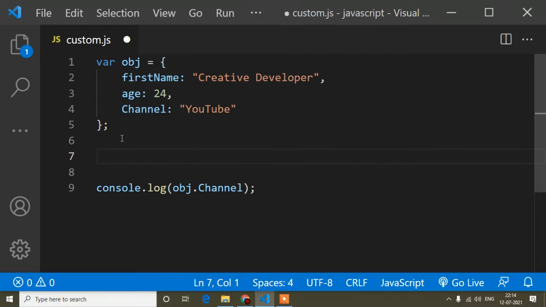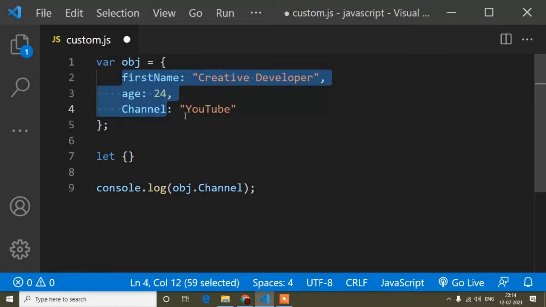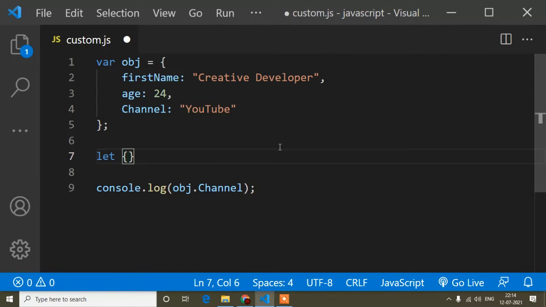First of all, we write the let keyword, and after that curly braces. Inside these curly braces we declare variables for all of the properties. How?